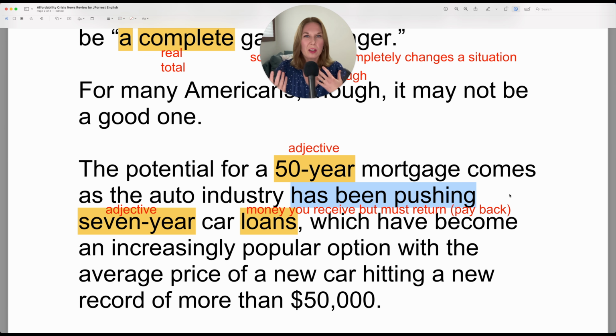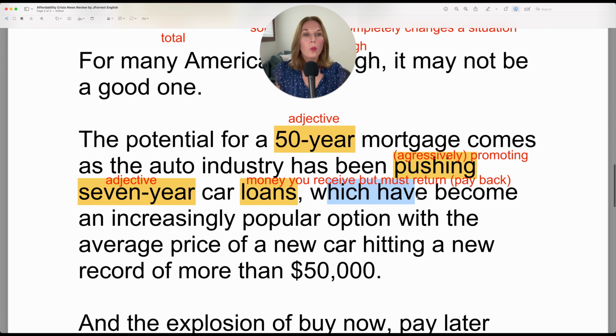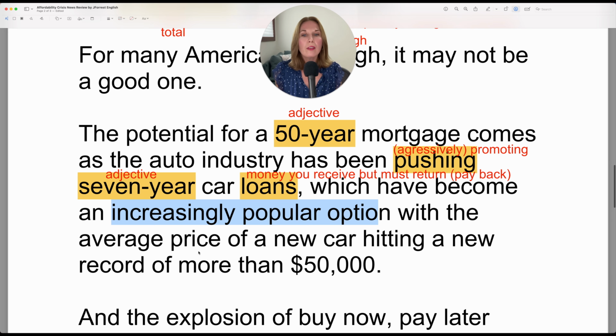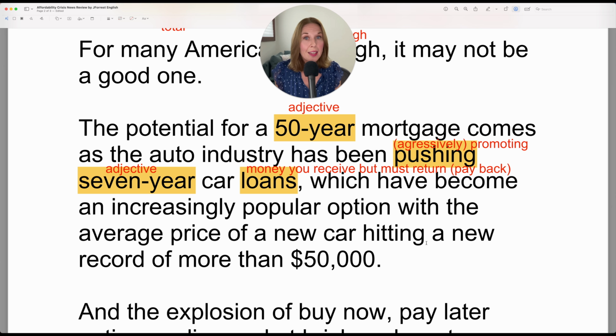So if you hear something like companies are pushing this product, it means they're promoting it aggressively. Let's keep reading. Which have become, so this continues on, which have, the subject is the 7-year car loans. So they have, which have become an increasingly popular option. So the popularity, the people who say, yes, I want one, has been increasing, going up. So an increasingly popular option, with the average price of a new car hitting a new record of more than